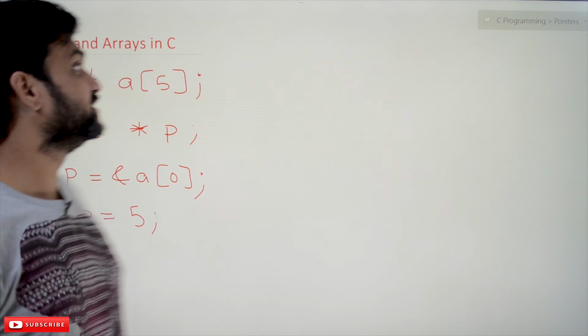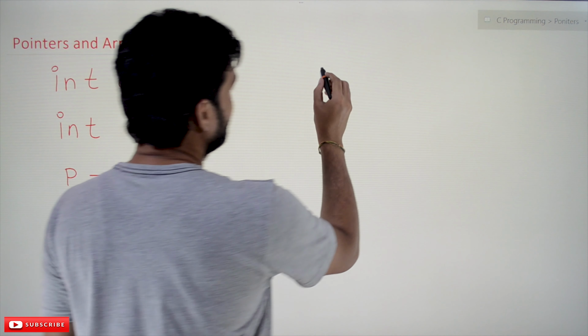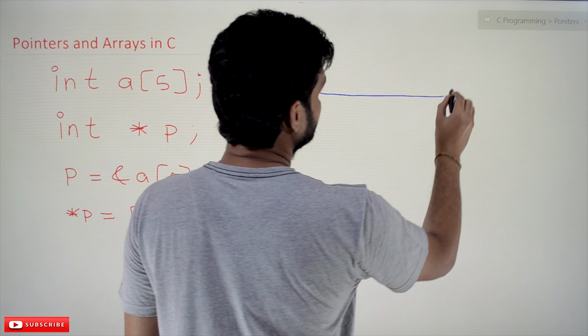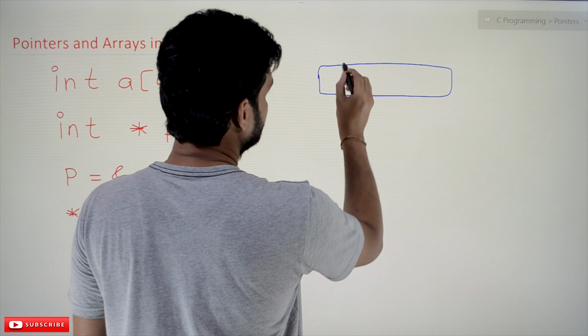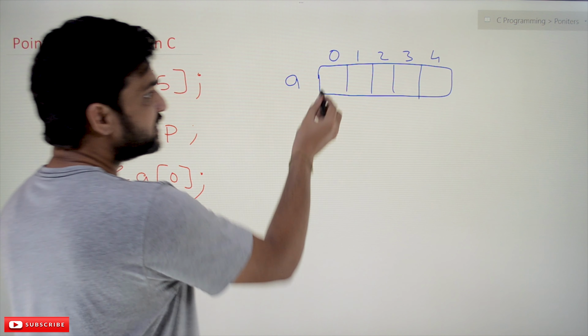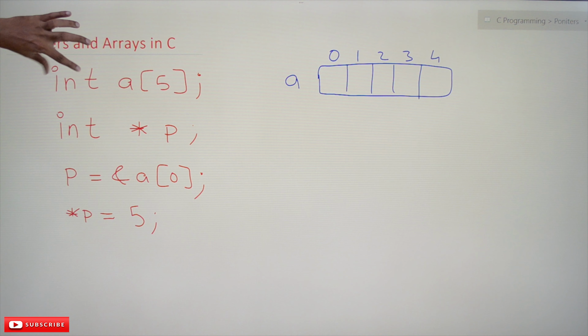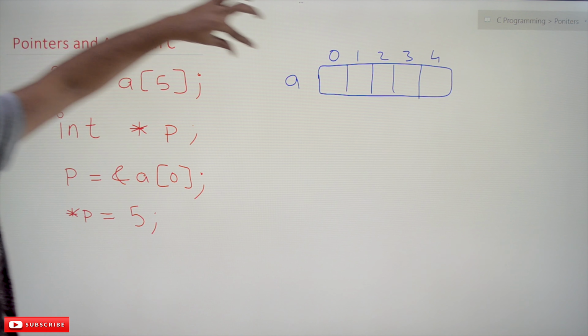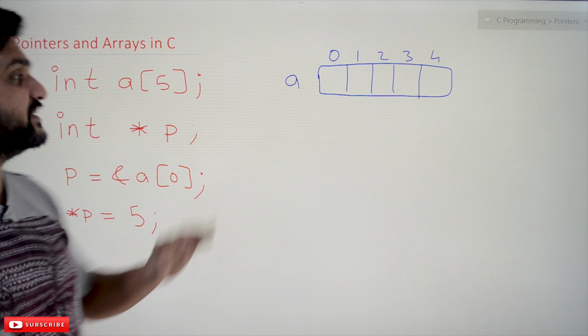So here, the first line of code is an array of 5 elements, and it is of type integer. All the elements are of type integer. We'll try to visualize things with simple diagrams. With this line of code, an array of 5 elements has been created, and this array name is A, and this array is capable of storing integers. Did we assign any values into this array? No, we haven't assigned so far.